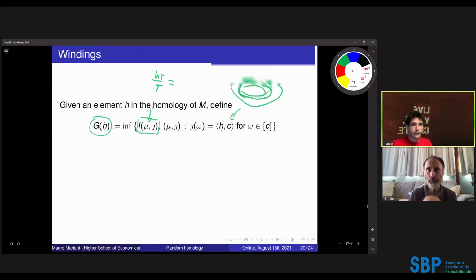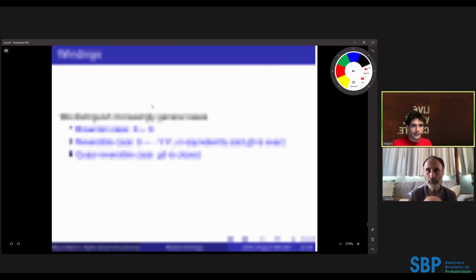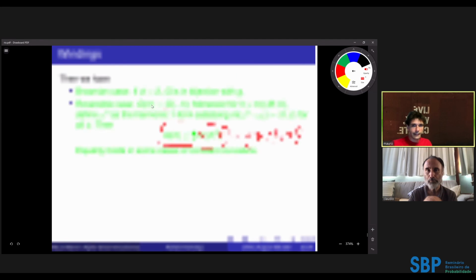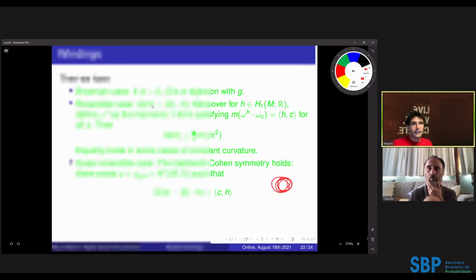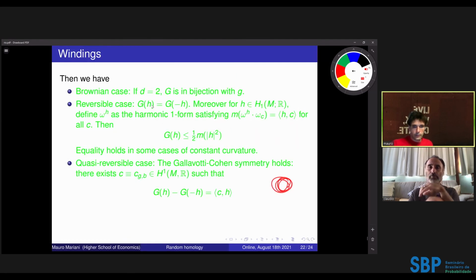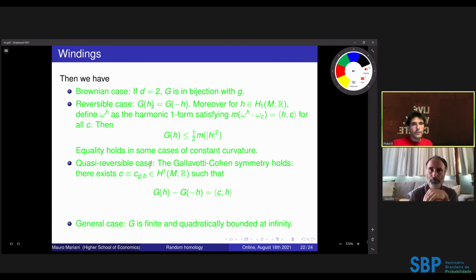But that's exactly the content of the result that I made here. So it's not easy to guess how to change it, but you can compare, for instance, how to change h to minus h, or you will never do worse than this, or if it's